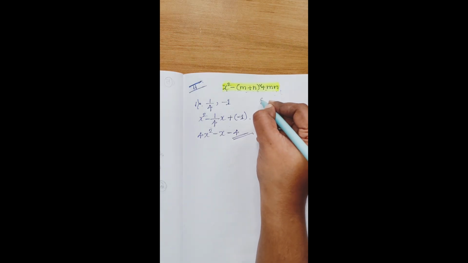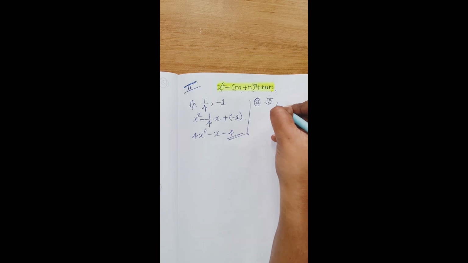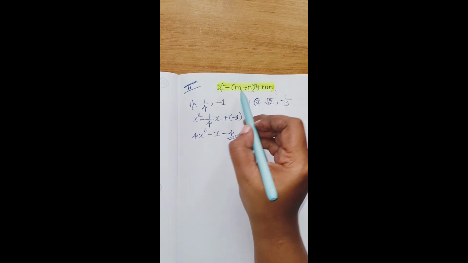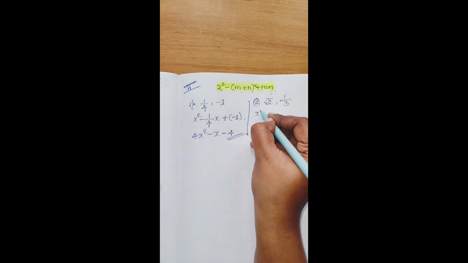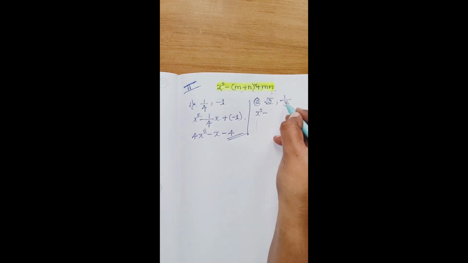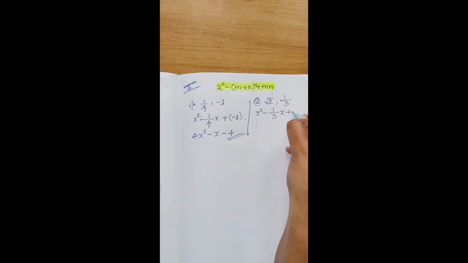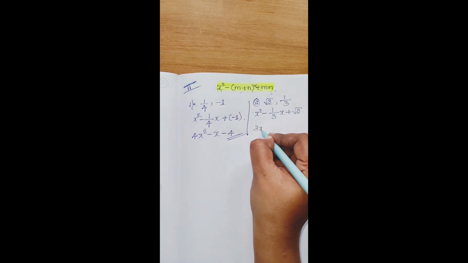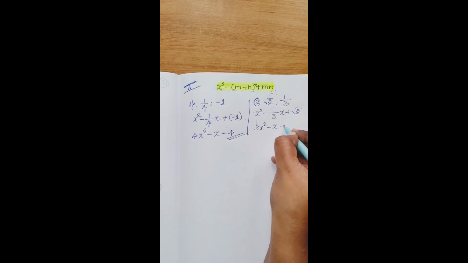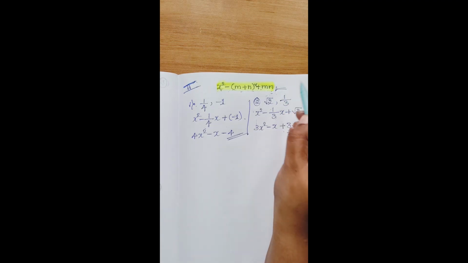Next, second one I'm going to do here only. So root 2 and 1 by 3. That's why I gave the formula heading here only. You should take it for all the questions the same. So x square again minus as it is m plus n. It will be 1 by 3 into x plus root 2. So just to multiply, 3 into x square is 3x square minus x plus 3 into root 2 is the answer. Just one step, if you remember this formula, I am saying again and again.